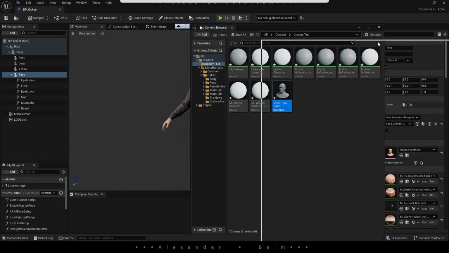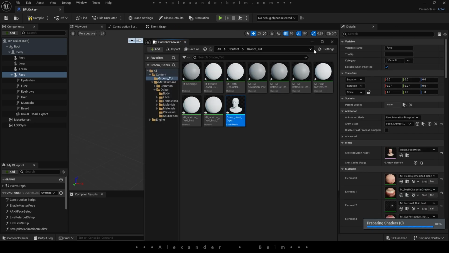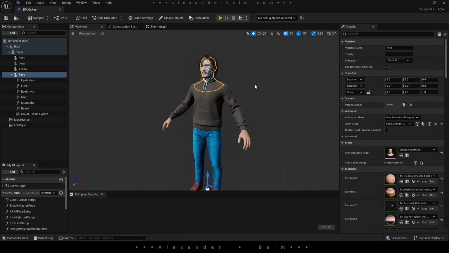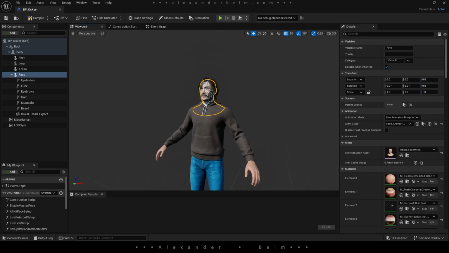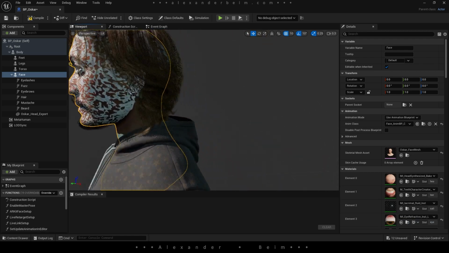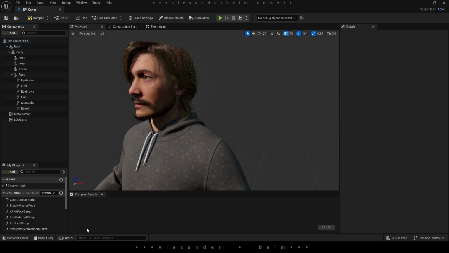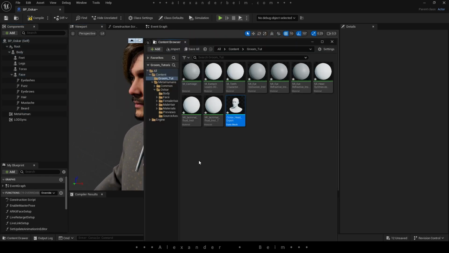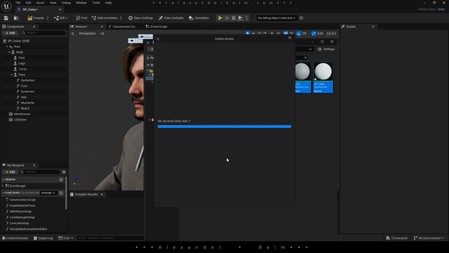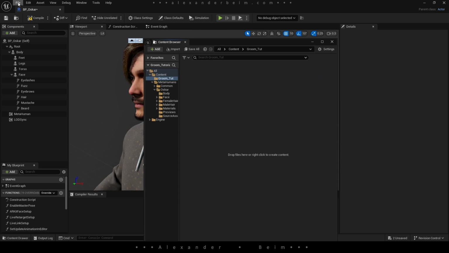Next, I open Oscar's blueprint and drag the imported head model into the hierarchy window. Yes, the head model is positioned exactly as before. Now, we can create our hairstyle, knowing that its position will perfectly align with Oscar's original head. I now delete the imported head model and its materials since we no longer need them. I save the project